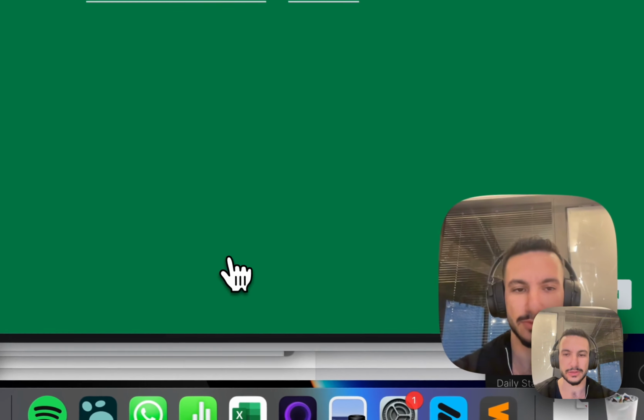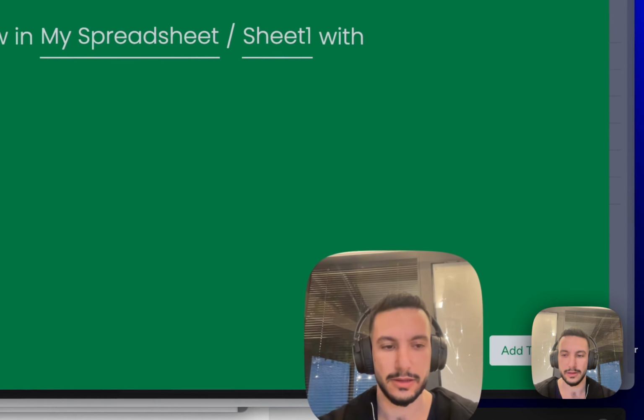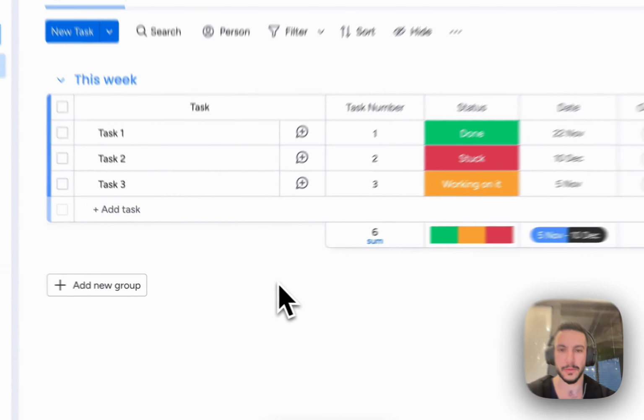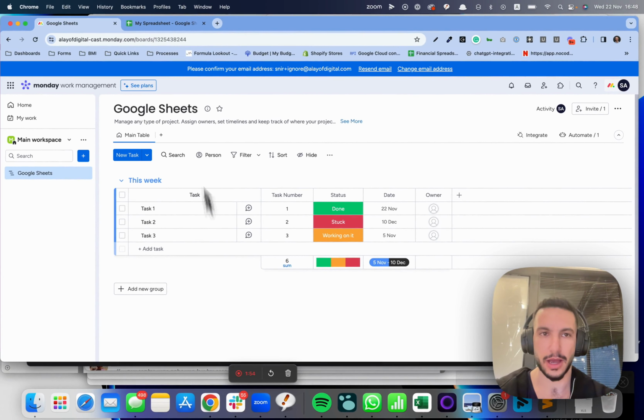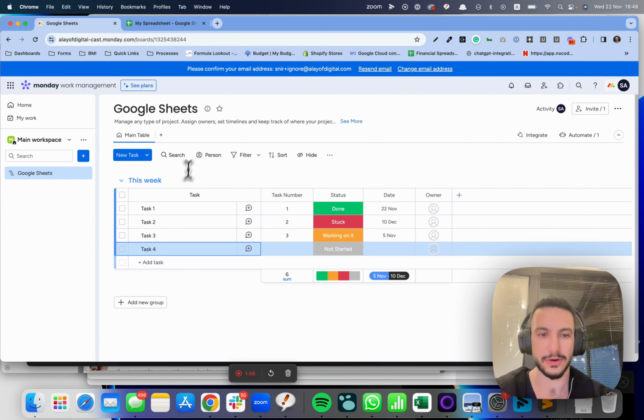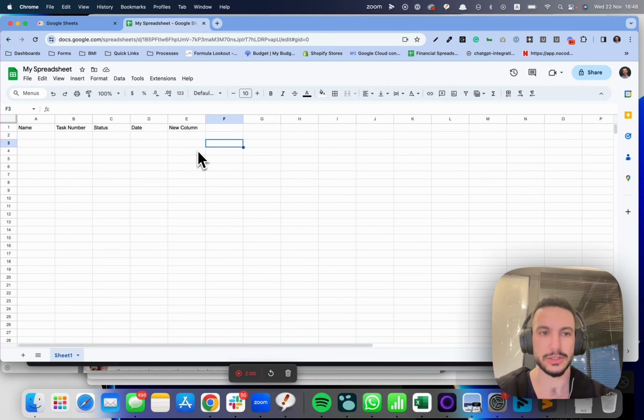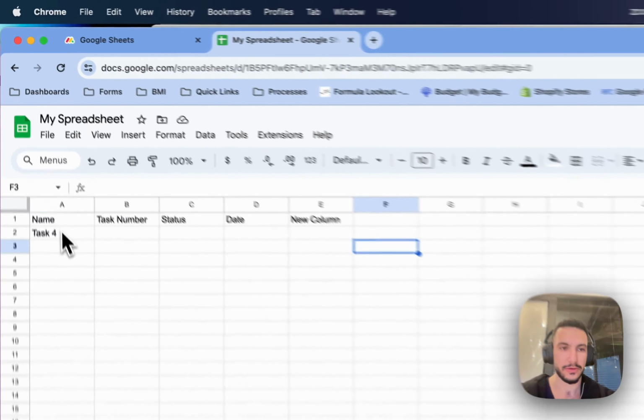I'm going to leave the last one empty and add to board. So now every time I create a new item, I will see a new spreadsheet row. So let's create task 4, open my spreadsheet, I'll give it a second, and here you can see task